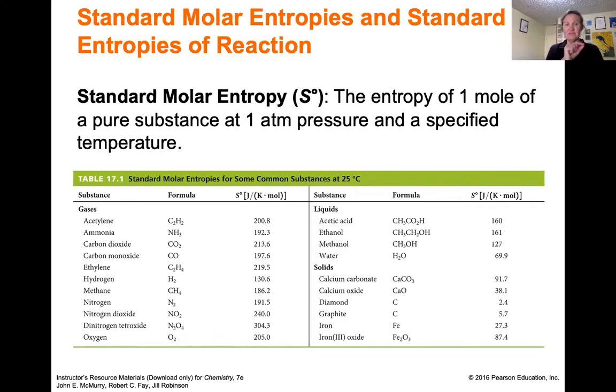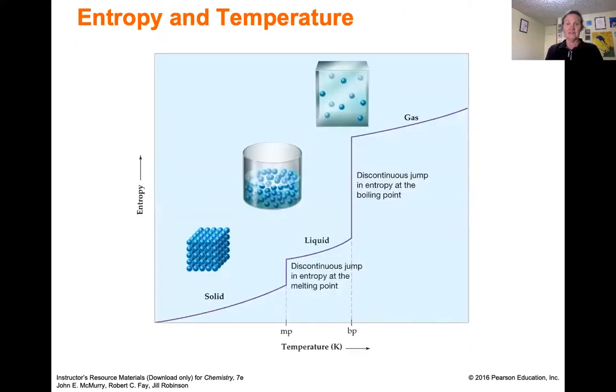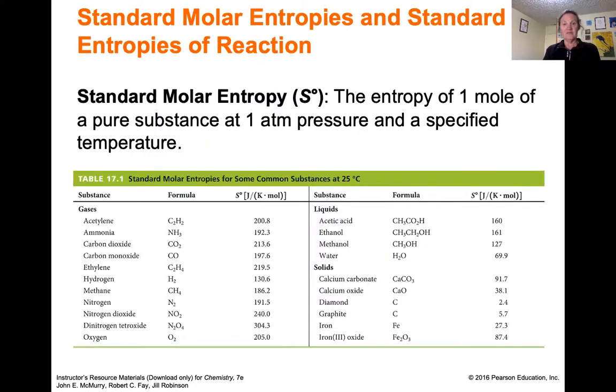And that's because if we say entropy is 0 at 0, we can actually measure all of these additions of entropy as you increase the temperature. When you get to 25 degrees, you can actually have an absolute entropy value. So the values in the table for the standard state are the entropy of a mole of a pure substance. Our tables are for 1 atmosphere pressure and at a specific temperature, and our tables are for 25 degrees.